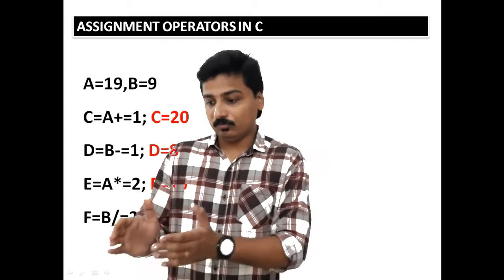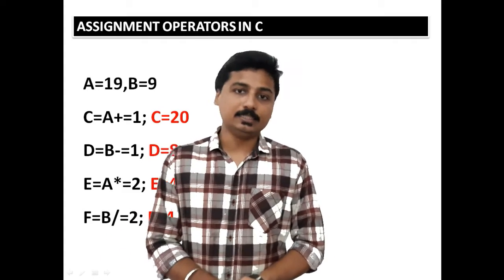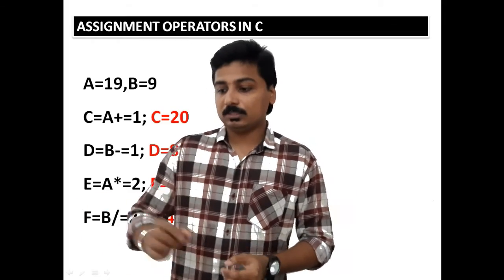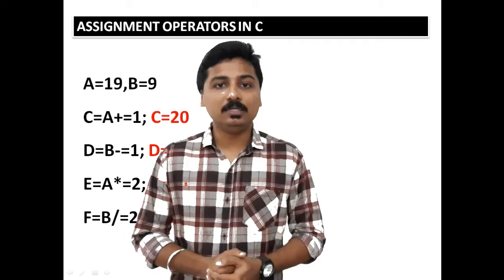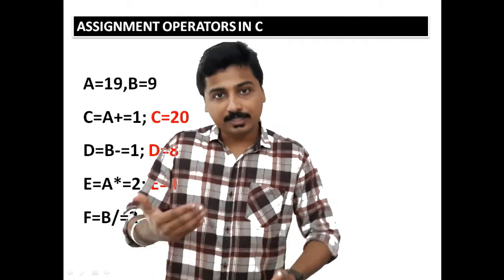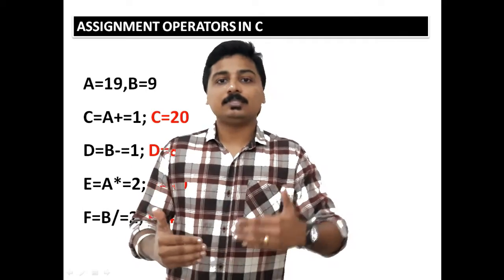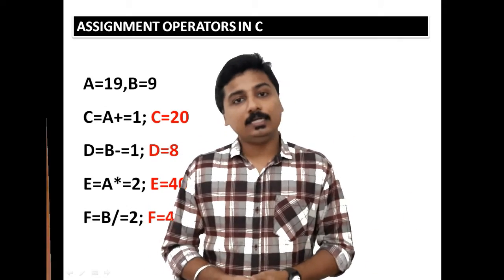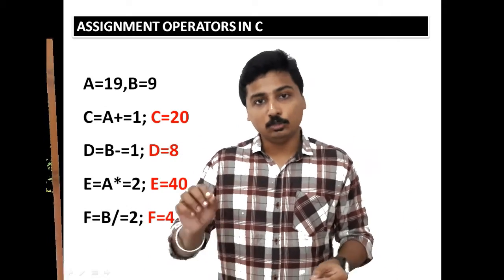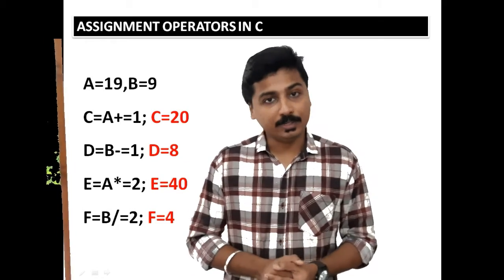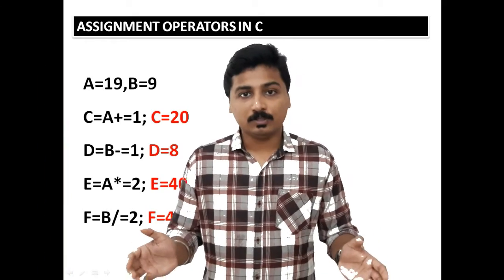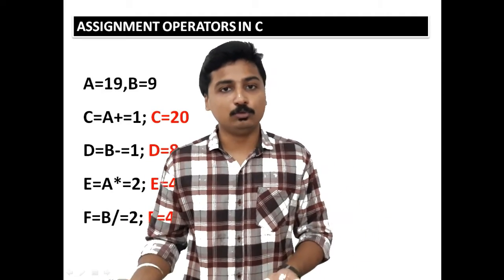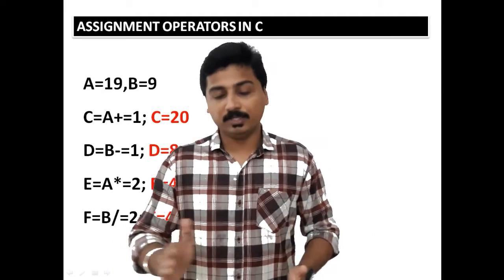In a similar manner, we are performing the multiplication and division operations with the help of these variables. A slight difference will be there because the values inside a and b have already changed. So in the next case, the result depends upon the new, updated value. That is, a equal to a star 2 means the new value of a is 20, so 20 into 2. 19 will not be considered because the updated value will be used. So 20 into 2 means 40. 40 will be stored to the variable named e.